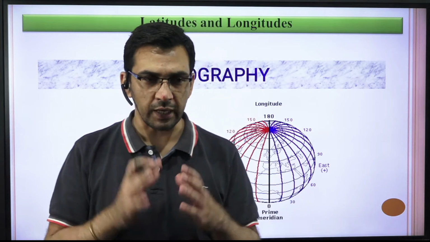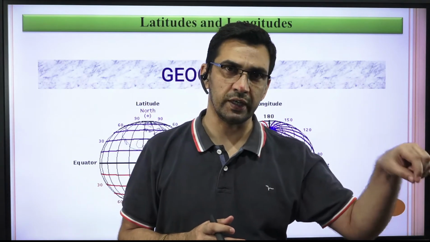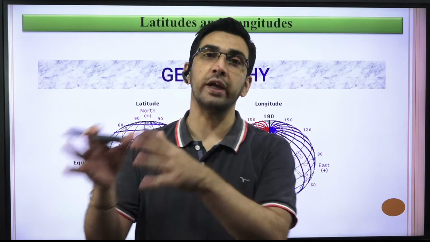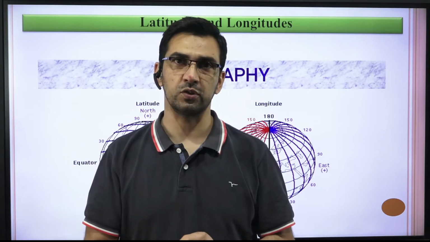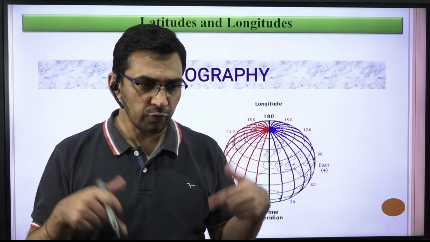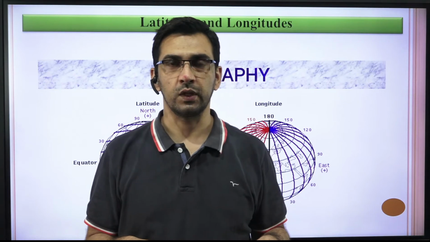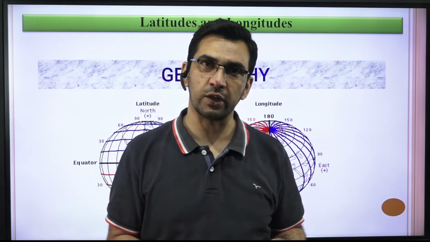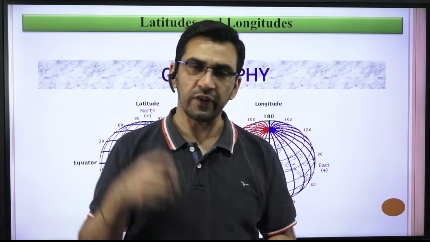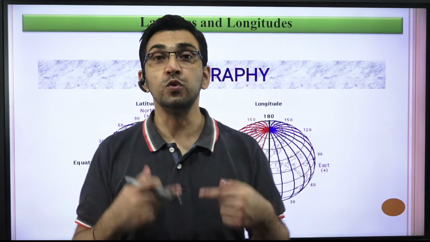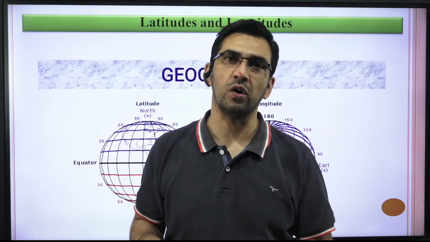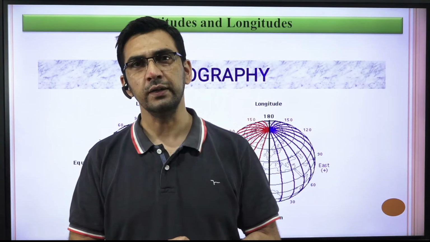So any point on the surface of the earth can be taken as a reference point, and that is required in order to locate the position of any particular object on the surface of the earth, right? So let us say I'm standing over here. If you want to locate the position of this point, let us say this is the reference point that you are taking. How are you going to define the position of this point on the surface of the earth? To define the position of this point, you make use of the latitudes and longitudes to define the position of any object or any point on the surface of the earth, right?